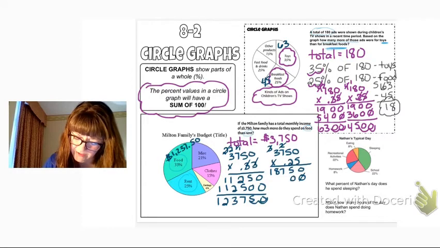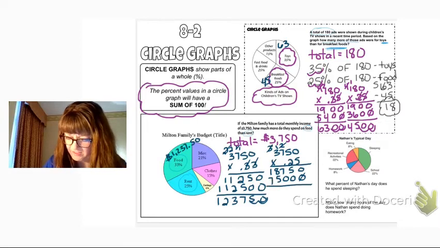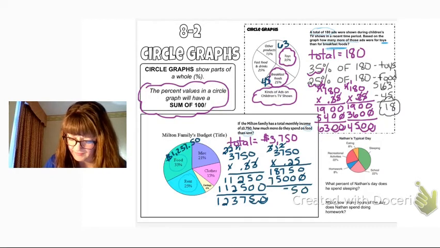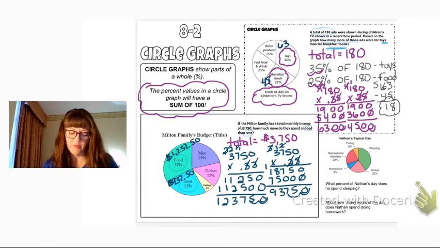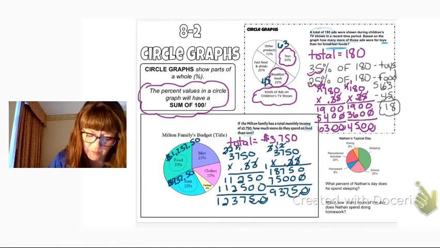2 times 0 is 0. 2 times 5 is 10. 2 times 7 is 14, plus 1 is 15. And 2 times 3 is 6, plus 1 is 7. And we'll add. And so for rent, they spend $937.50. So if I want to know how much more they spend on food than they spend on rent, I